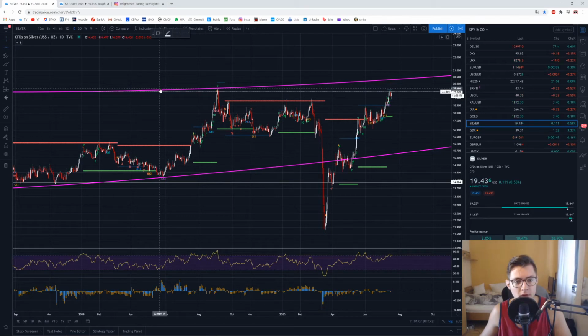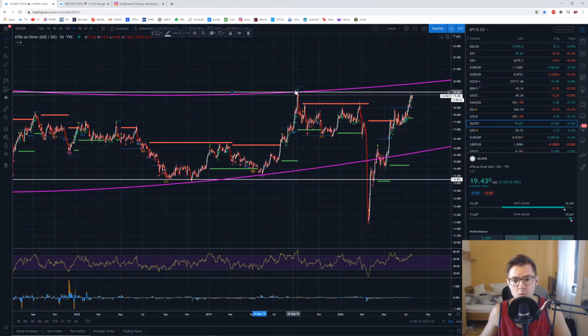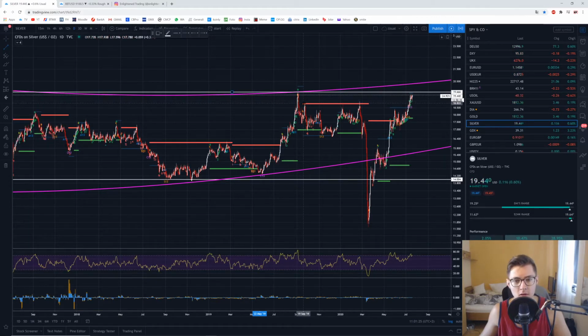If I just pull it up like that, you can see we are almost at 19,666. Pretty interesting, this level. But yeah, this would be my target. As you can see, it was resistance. I would expect it to be again, and maybe even if this experiences rejection, then maybe we will just retrace down to a